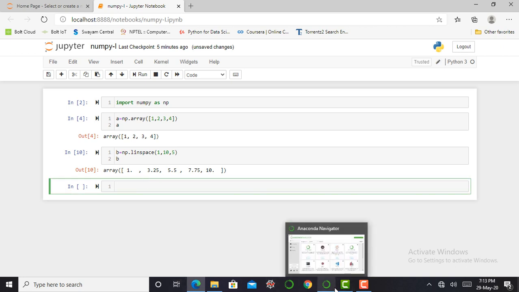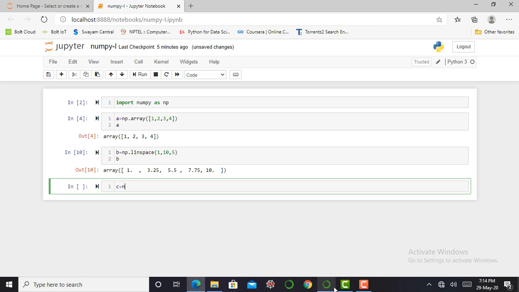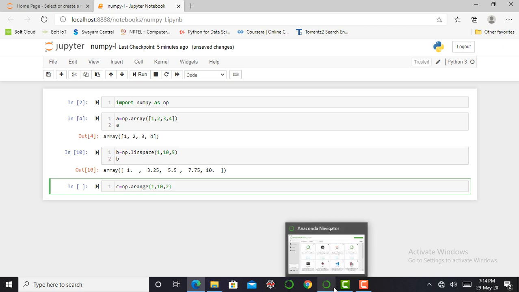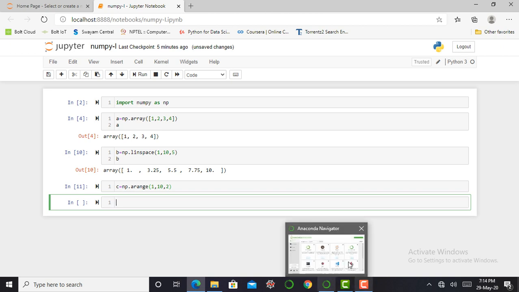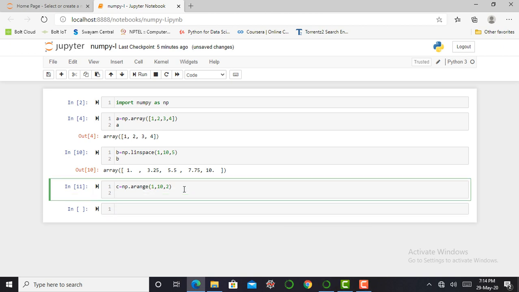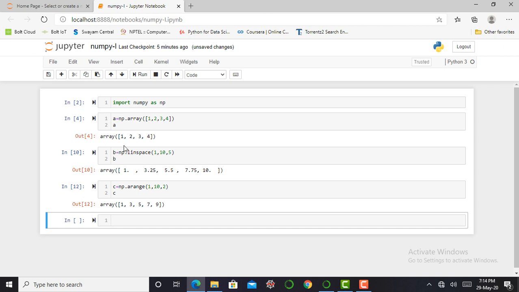So the next step is to create an array using arange. For creation, we can simply say np.arange, give my first number, my last number, and the step at which it gets incremented.